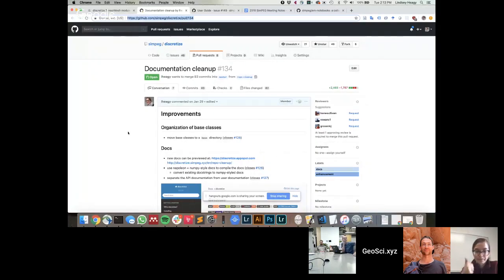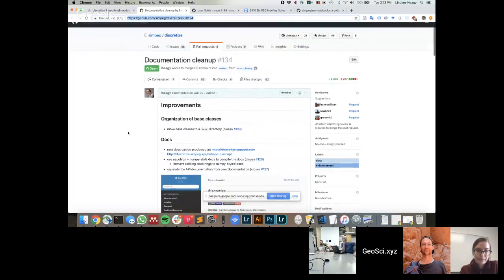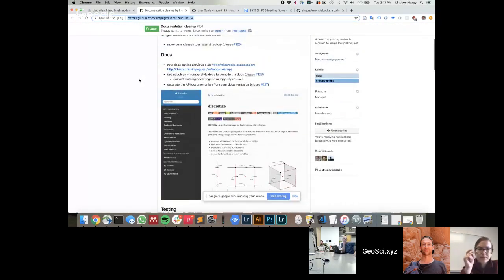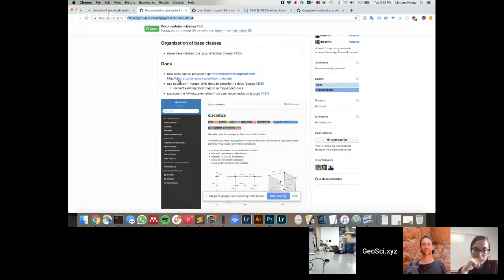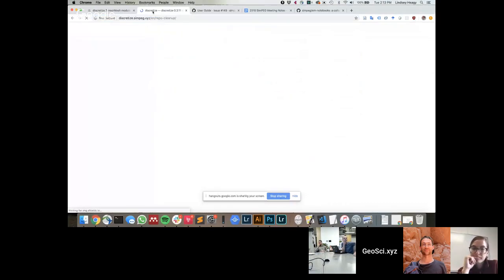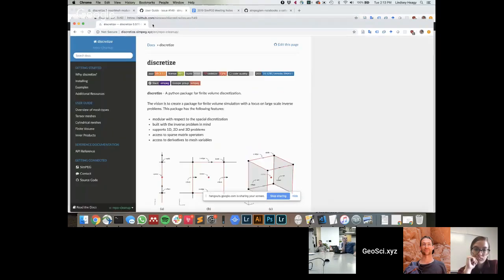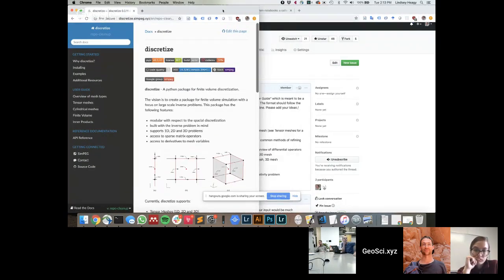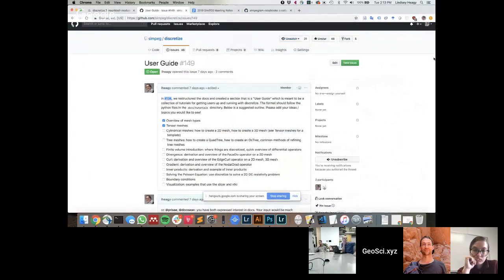Yep. Okay, so this is pull request 134, and I think it's basically ready to go. So if somebody is willing to do a bit of a review, I would appreciate that. But I'll show you what this actually looks like. So actually, let me do two things. I'll show you the current docs and then show the refactored version.